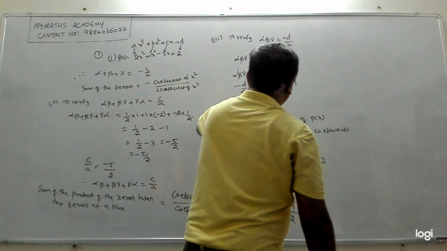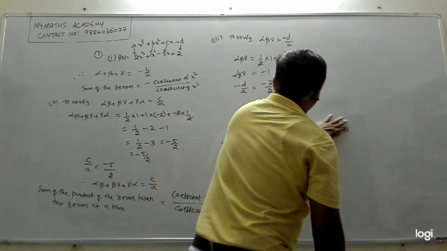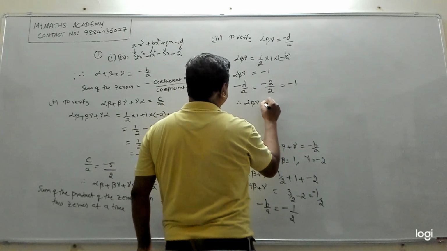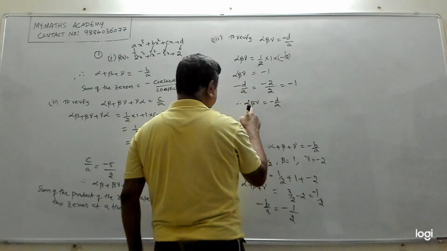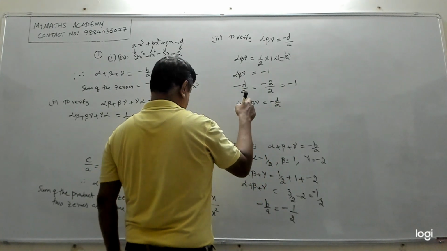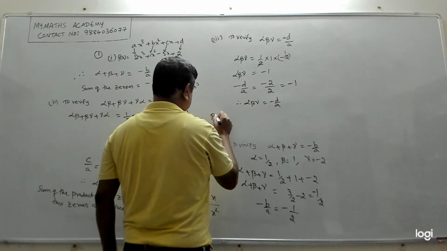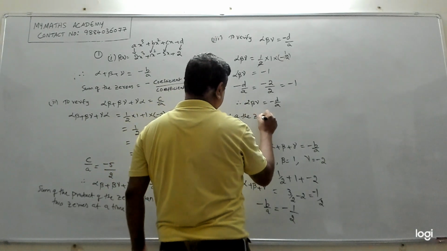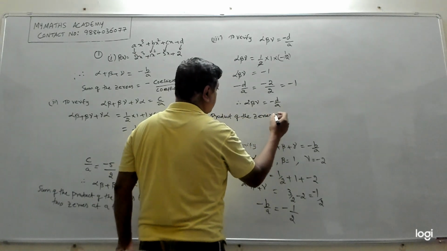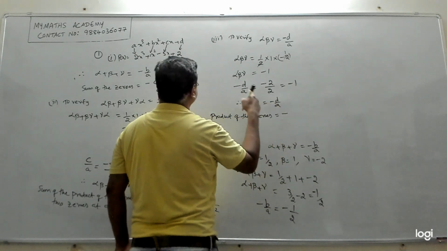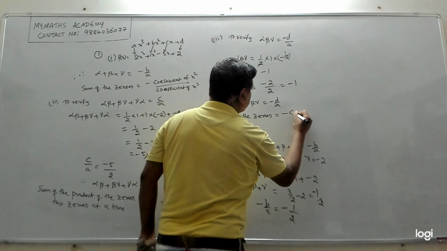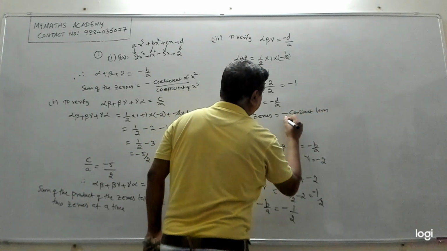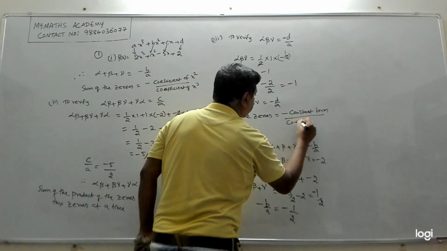So what we have got? We have got, therefore alpha beta gamma equal to minus d by A. But alpha beta gamma is called as product of the zeros. So product of the zeros is equal to minus, what is d? D is the constant term by what is A? A is coefficient of